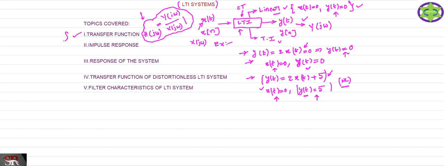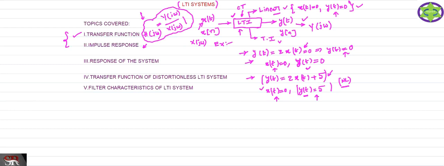The transfer function and the impulse response are the two terms which are defined exclusively for the LTI systems. So these two terms are only with respect to the LTI systems. For other systems we cannot define these two terms, transfer function and the impulse response. Transfer function is very important in the designing of the system. Without the transfer function it is not possible to design any system in fact. The impulse response is also very important. This impulse response decides the nature of the LTI system.